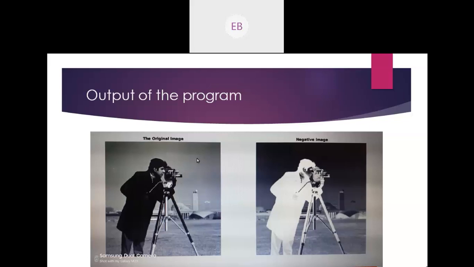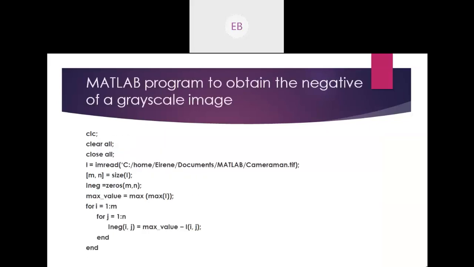Any doubt in this program, guys? Throughout all the 7 programs, the programs will be almost the same. For the negative of an image I'm using this equation; for the binary of an image, this syntax will change and the rest will remain the same.